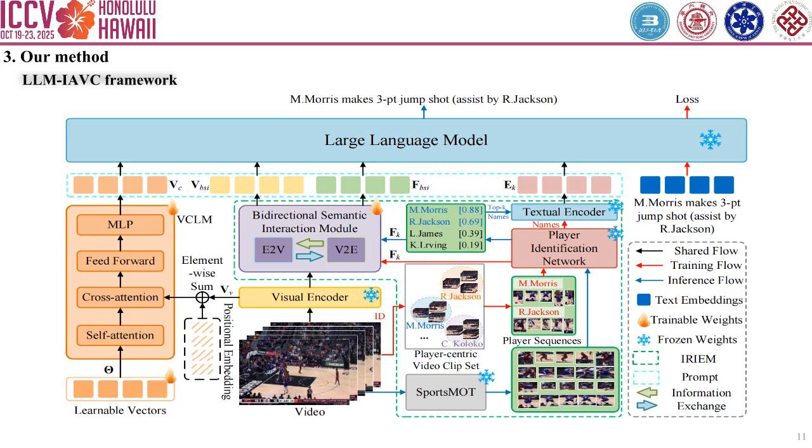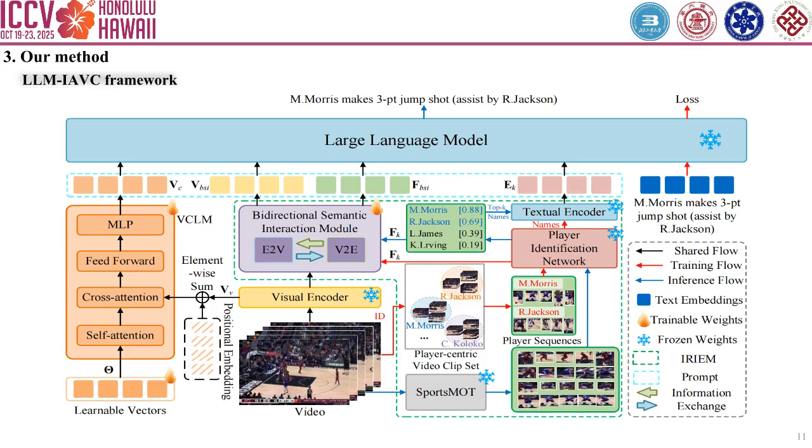video content. At the inference stage, since manual bounding boxes are unavailable in practical applications, use SportsMOT, developed by Professor Li-Min Wang's team, for automatic multi-object tracking, extracting detection boxes for all players in the video. Input each player's sequence into the pre-trained recognition network to obtain names and visual features. Then select top K players by confidence for bidirectional enhancement with video content. In the orange module, design learnable vectors to extract key scene semantic information from video features. Concatenate player features, video features, and scene semantics to form a multimodal prompt, guiding the language model to generate text